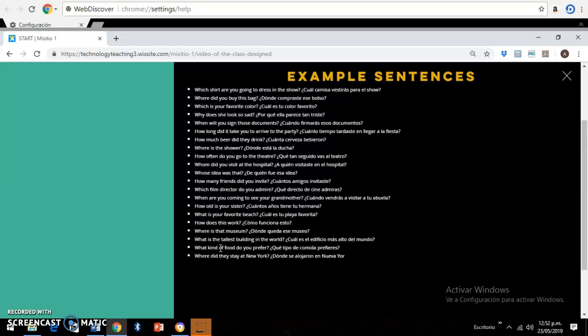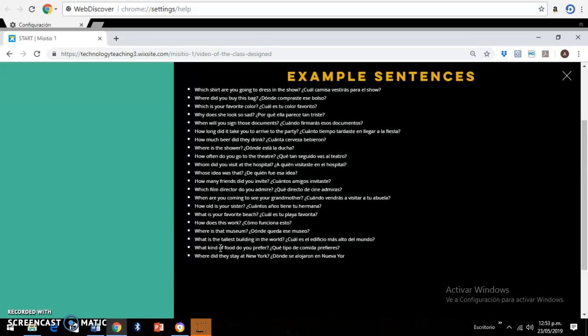Students practice and identify the sentence type question. For example, which year are you going to dress the child? Students identify which, cuál, where, dónde, which, cuál, why, por qué, when, cuándo, how, cuánto, how much, cuánta, where is,